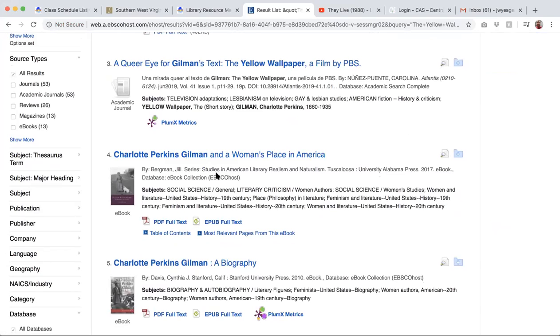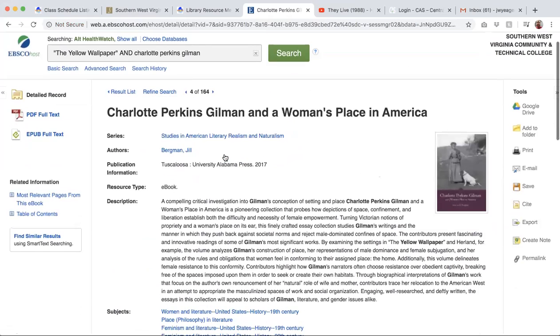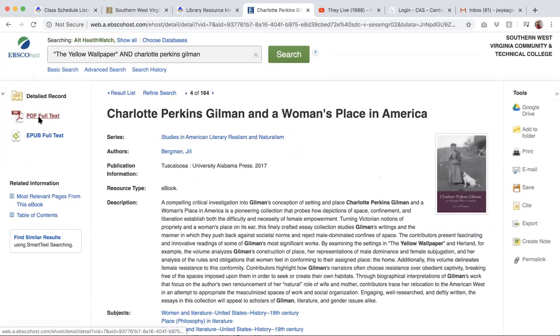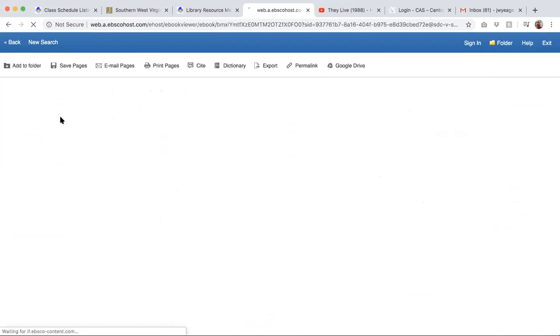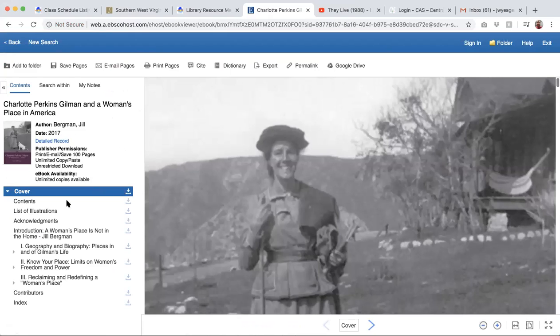This is actually an ebook about the yellow wallpaper. If you take a look at that, we'll just pull it up. The good thing about book sources is they're usually good for this kind of assignment. Obviously, we don't have a big college library where there's tons and tons of books.